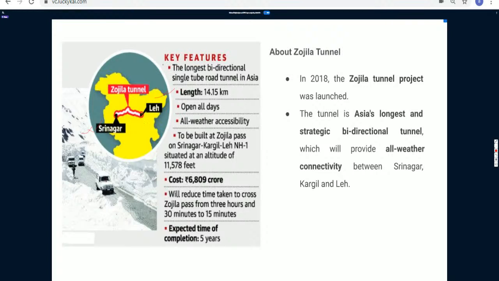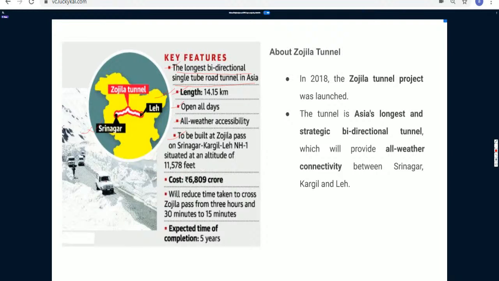What are the key features of this particular tunnel? It will be the longest bi-directional single tube road tunnel in Asia. Its length will be around 14.15 kilometer. It will be open on all days. It will ensure all weather accessibility, and it will be built at Zojila Pass on Srinagar Kargil Leh National Highway 1, situated at an altitude of